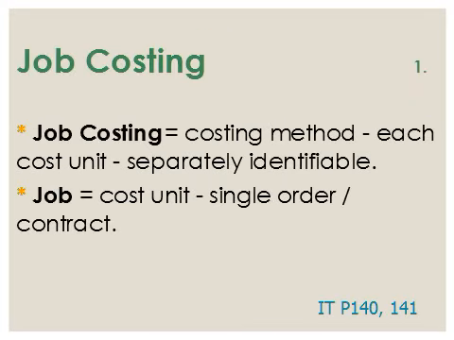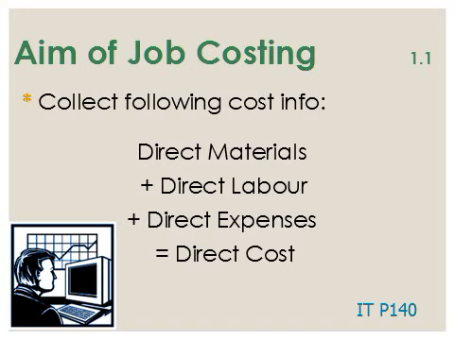1. Job costing is a costing method that is used when each cost unit is separately identifiable. A job is a cost unit, which is made up of a single order or contract. The aim of job costing is to collect the following cost information: direct materials, plus direct labor, plus direct expenses,